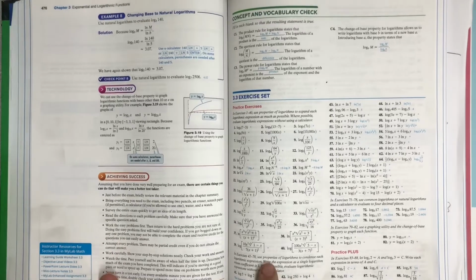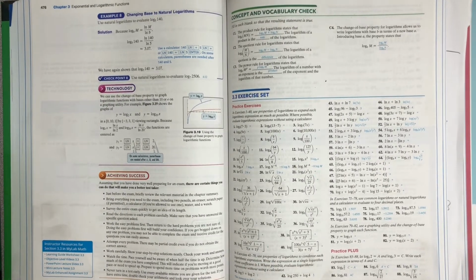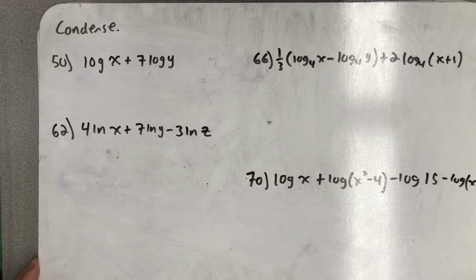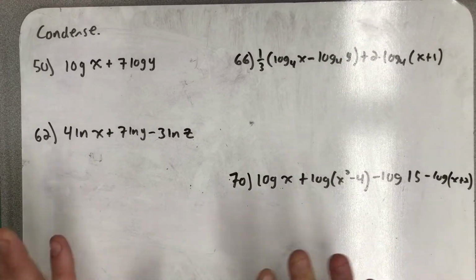And the instructions here at the bottom of page 477: Use properties of logarithms to condense each logarithmic expression. Write the expression as a single logarithm whose coefficient is 1. Where possible, evaluate logarithmic expressions without using a calculator. So the problems in that section I wanted to do are problems 50, 62, 66, and 70, and here they